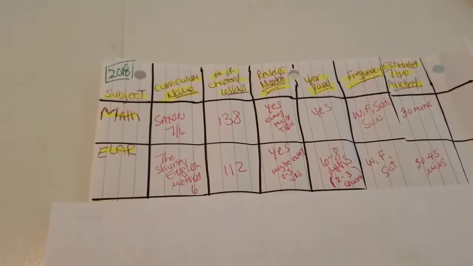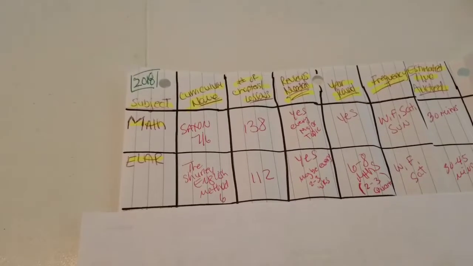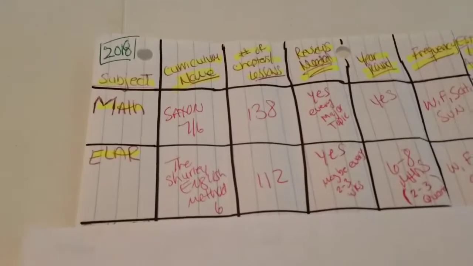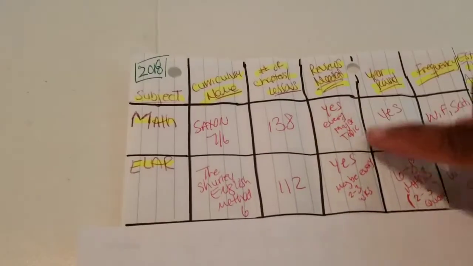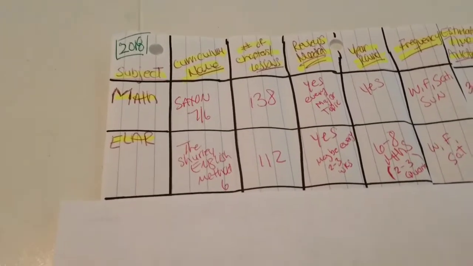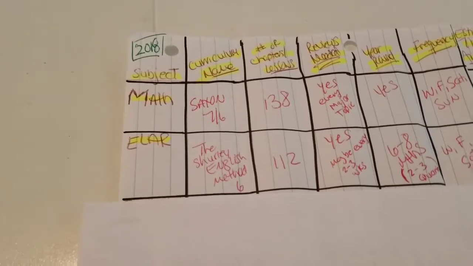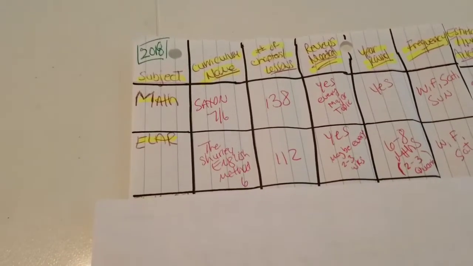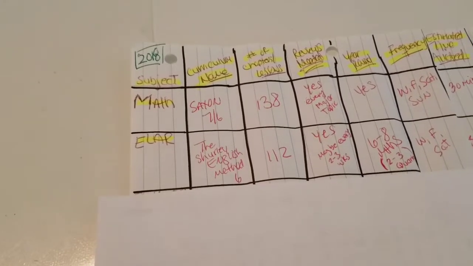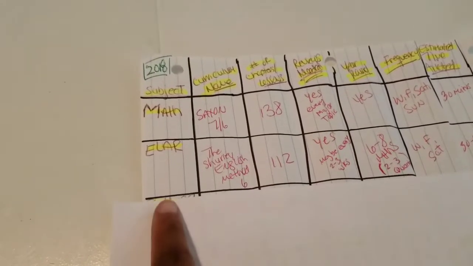For ELR, our main curriculum is the Shirley Method, Level 6. There's 112 lessons. Yes, I want to have reviews. I say every 2 to 3 weeks. Is it year-round? We're going to do this for 2 or 3 quarters. It's going to be 6 or 8 months. So we're using the Shirley Method for 6 to 8 months. But what about the rest of the school year? Because we do language arts year-round,